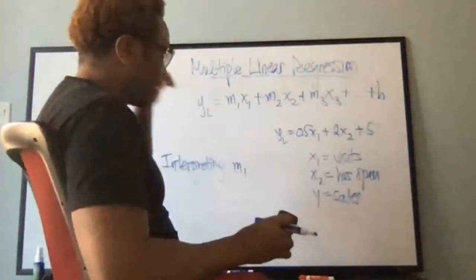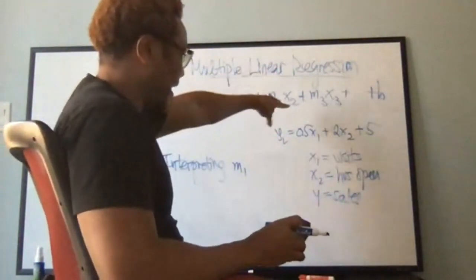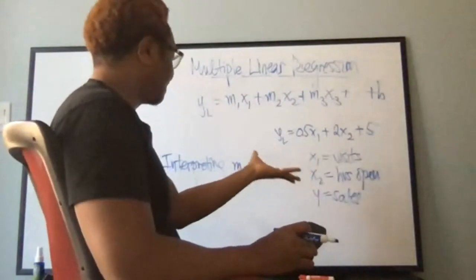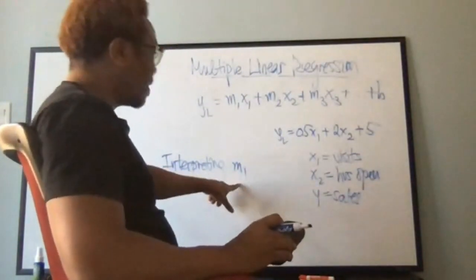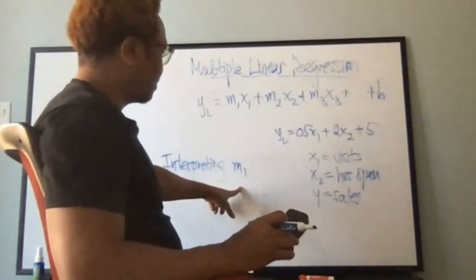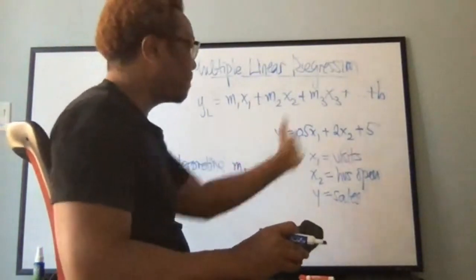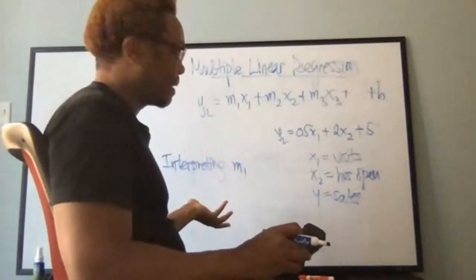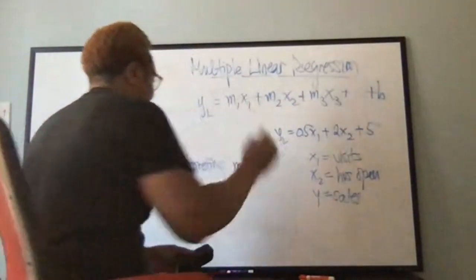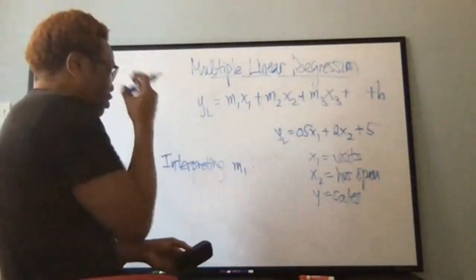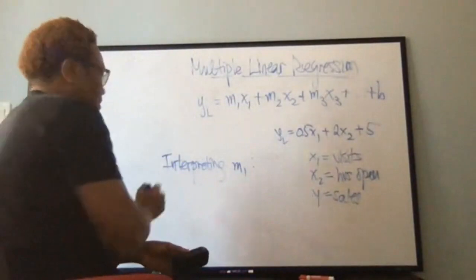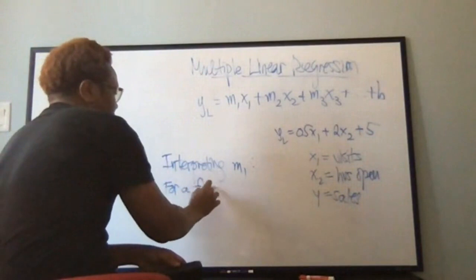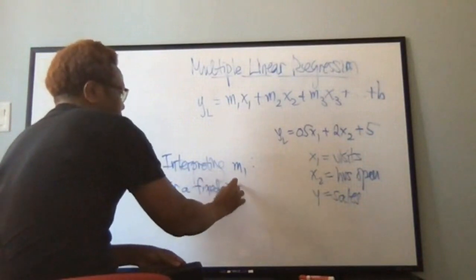Well, see, now we're in a situation where we don't just have an x and a y. Now we have this other variable that we have to sort of consider. So when we're interpreting M1 here, for example, what I have to do is fix the effects of what I'm not being asked about. And then once I do that, then I can interpret what I am being asked about. So let's take a stab at it. So interpreting M1 just simply says, for a fixed number